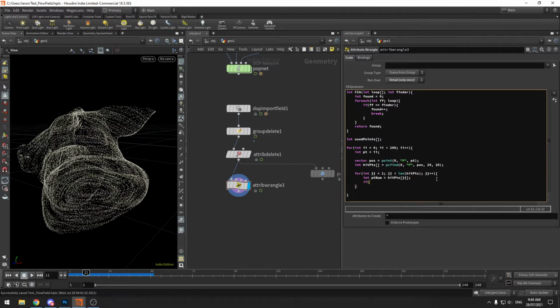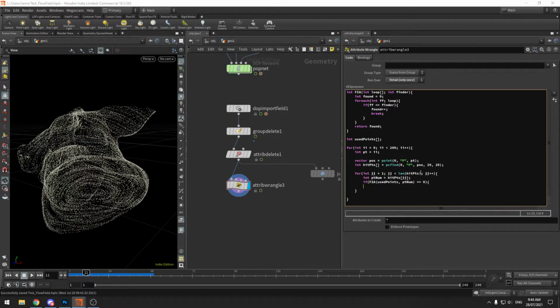Then I'm going to say if point number, actually, if FIA point, and we're going to have a loop, which is going to be used points. So used points. If FIA point number equals 0,